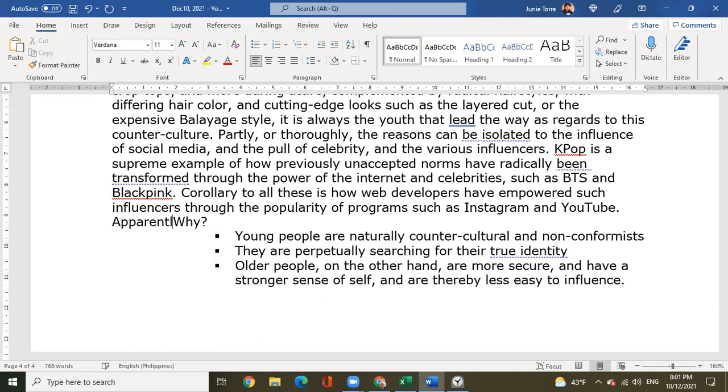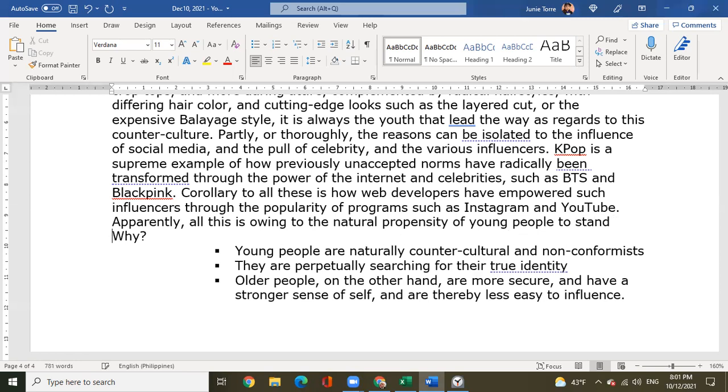Apparently, all this is owing to the natural propensity of young people to stand out from the culture of their elders. Their non-conformity is viewed as sexy. There. And then